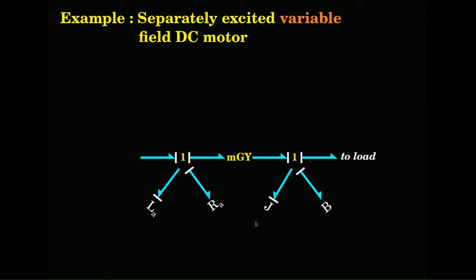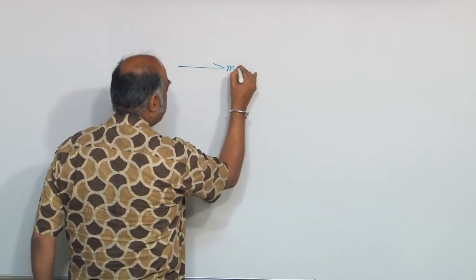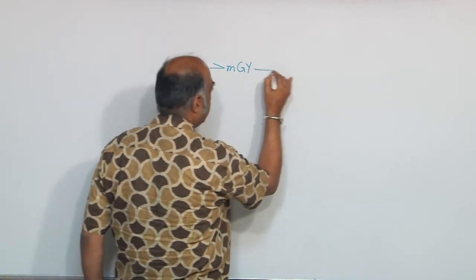All these portions will remain the same. Instead of using the symbol GY, I am using the symbol MGY, modulated gyrator. All the definitions of the modulated gyrator are the same. I am just using MGY there. Also, literature uses it whenever K is not constant, it is a varying quantity, to indicate that it is a modulated gyrator. So, MGY is the same as GY.